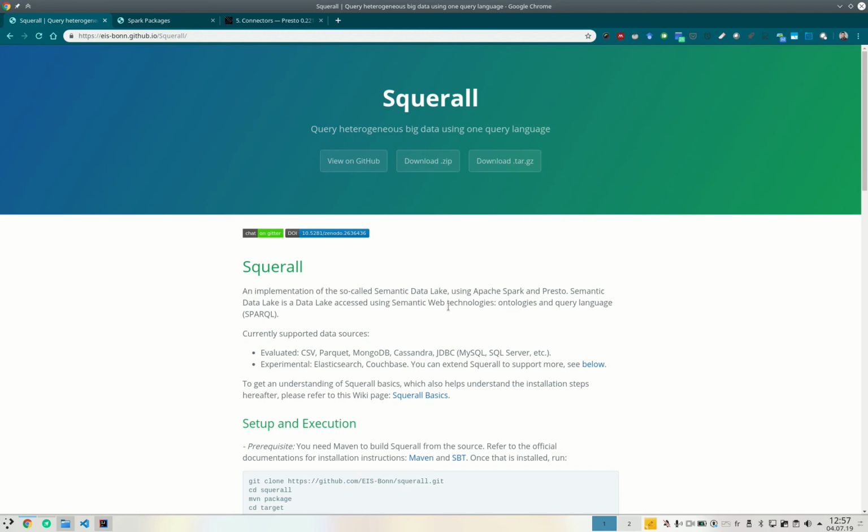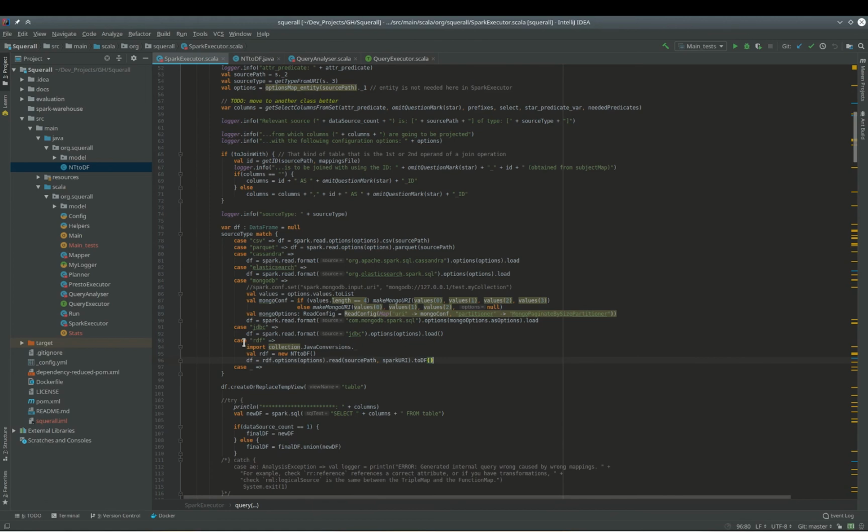Now we move to the second extensibility aspect, which is how you add a new engine. Squerall's code is structured in a way that it's modular. It allows adding a new query engine without touching the upper layers. There's a separation of concerns here between query analysis and result reconciliation and data extraction from the actual physical data source. So in order to add a new query engine, one needs to